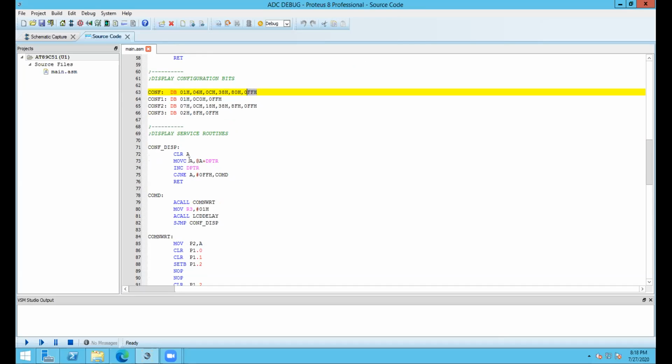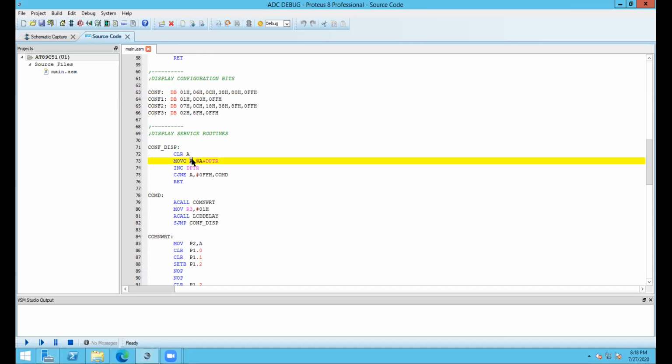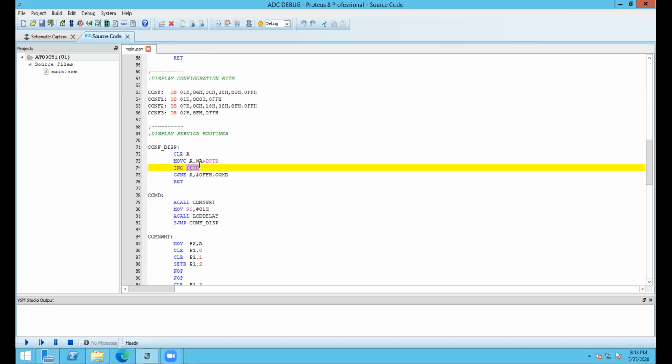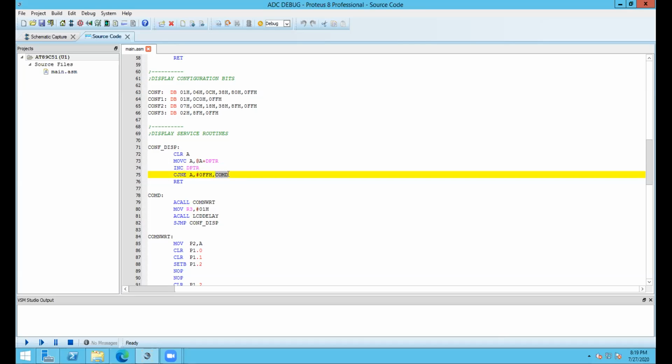We are just taking these things one by one, and unless we are hitting 0FF hex, see, this value is taken. We have taken this here. We have increased the data pointer by 1, and we are jumping to this location.